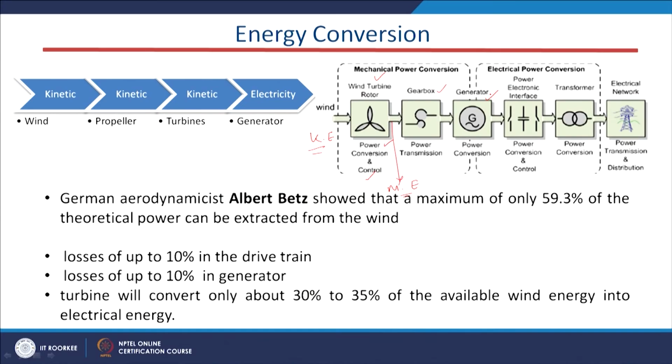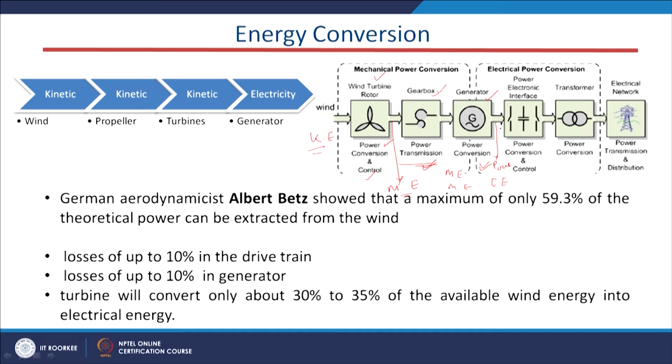So, that is the aim of this gearbox. It will step up, it will increase the speed of this generator, and this conversion again is mechanical energy to mechanical energy at this stage. Now, coming to the generator section, the mechanical energy is converted to electrical energy, and here is the electrical output P out, it starts from here.